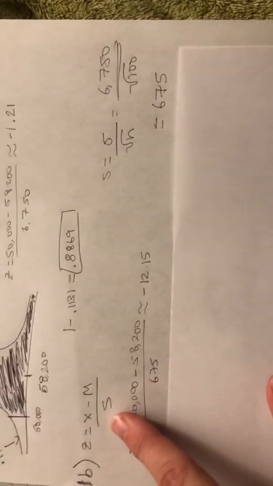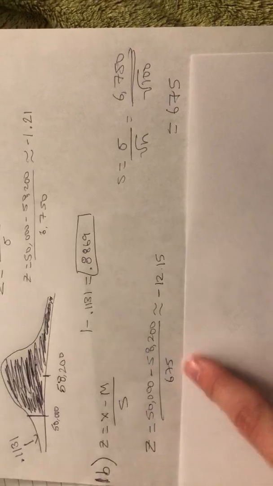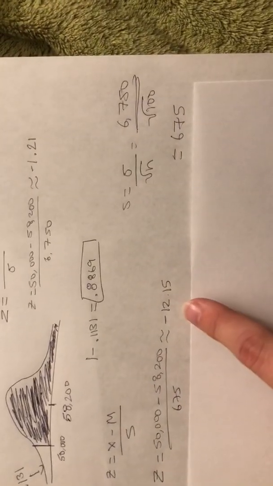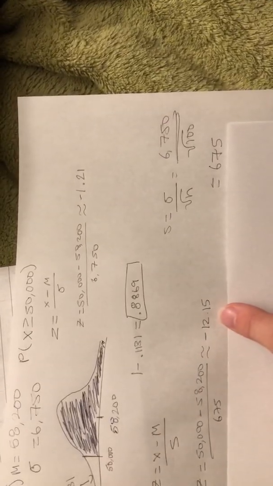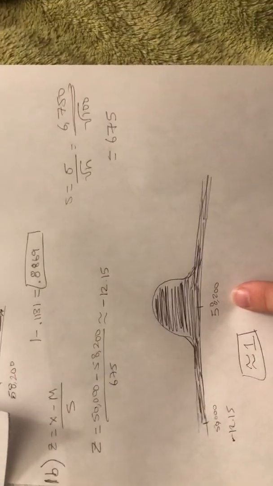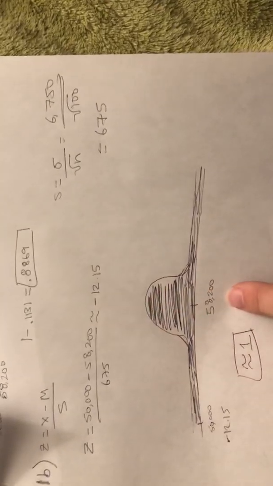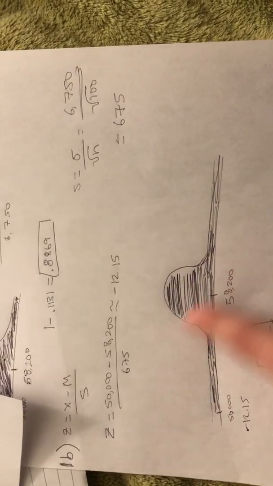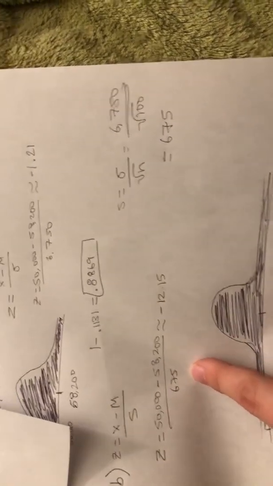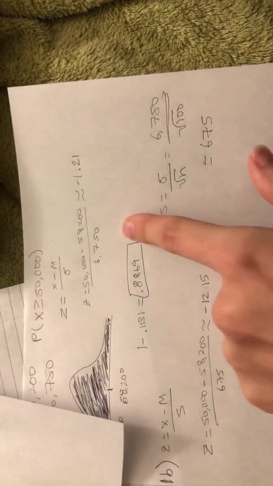So you plug that in with this problem over here, using the same numbers as you got, which gives you this z-score, which is a very big, drastic change from this one to that one. And as you can see with the second bell shape, you put the mean in the same spot right in the middle. But because of the big difference of this one and that one, you